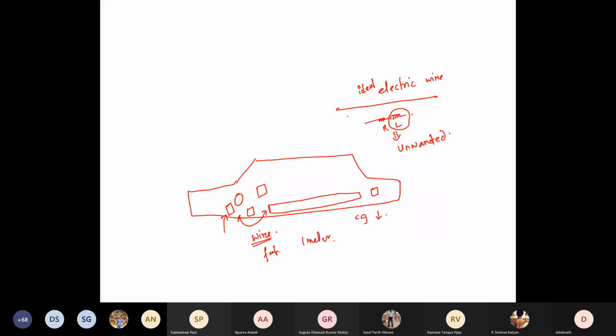So that is one source from where you are getting this parasitic inductance. Second source: even if you are keeping your source very close to the input of your converter, there is the PCB layout design, which you won't be able to understand much. Once you start designing PCB layout, you will understand.